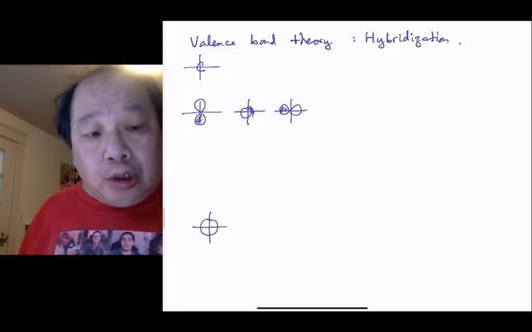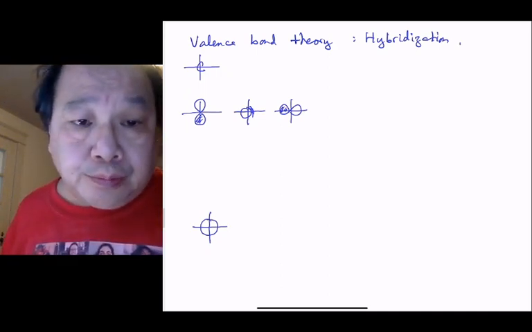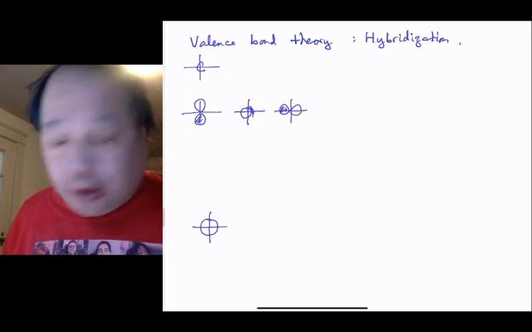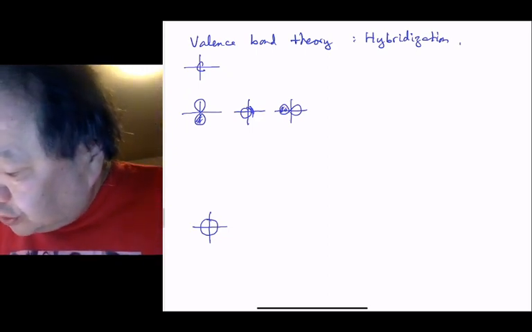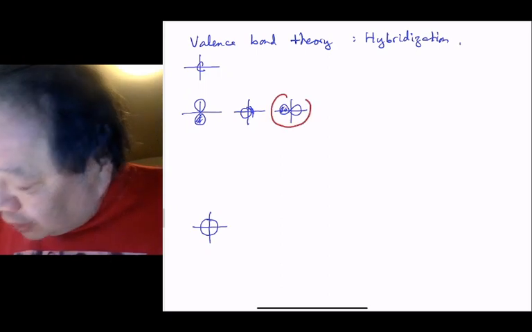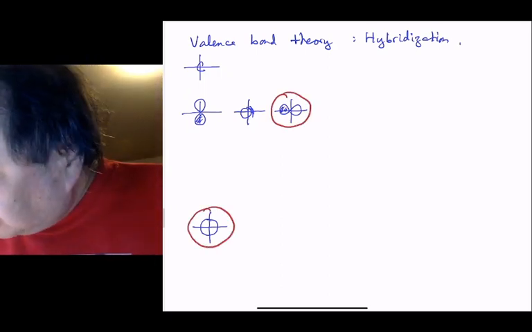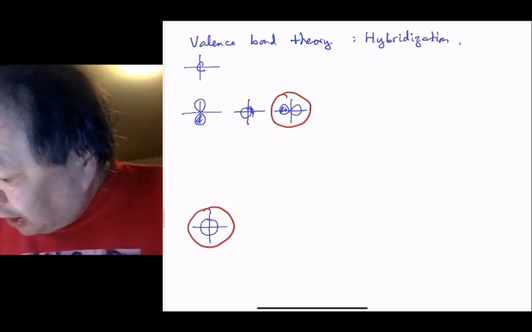We're going to start localizing the lobes on the one side or the other side. If we consider these two orbitals, for example, we know from sp mixing that they make the hybrid on the